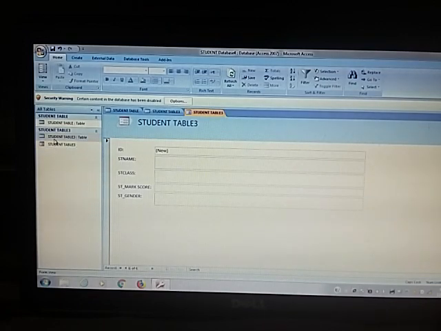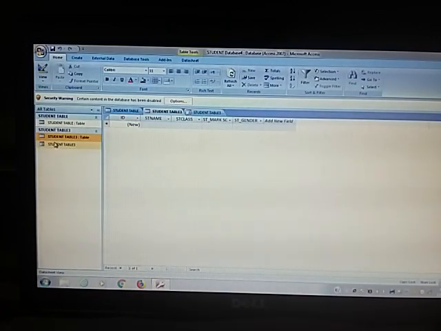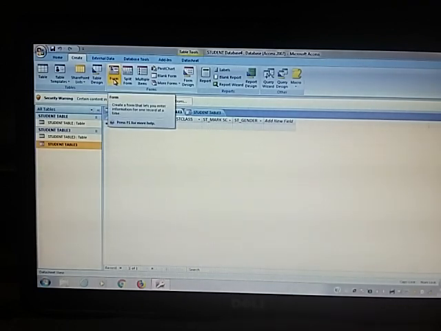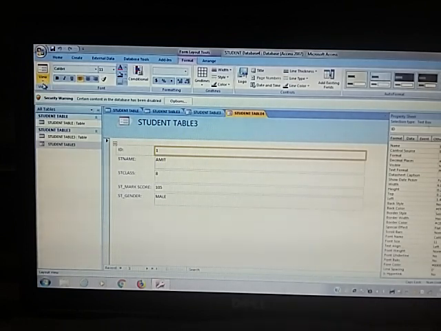After that, if you want to preview your form, then click on the form and click on the Create button, choose the form and click on form view.